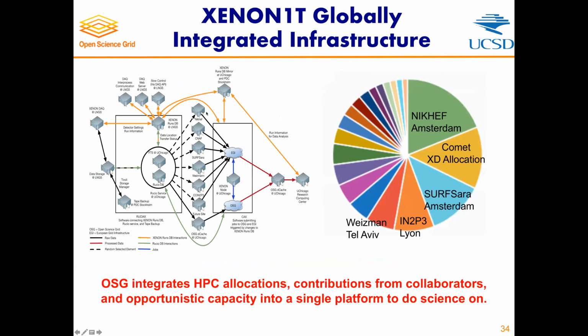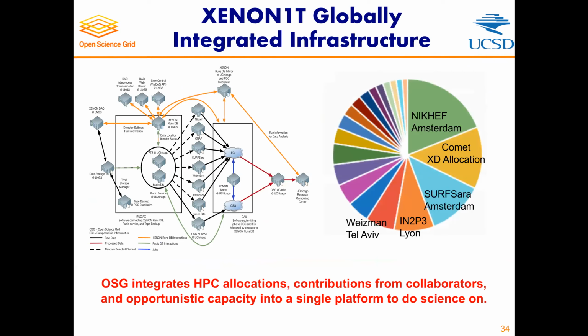It's a complicated diagram, which I won't talk about. What I want to talk about is the pie chart of compute contributions. You see in this pie chart that a lot of institutions contributed. You also see that there are certain obvious named institutions that dominate. And those named institutions that dominate have one thing in common. They are collaborators of XENON 1 ton that have MOU commitments to support compute operations for XENON 1 ton.